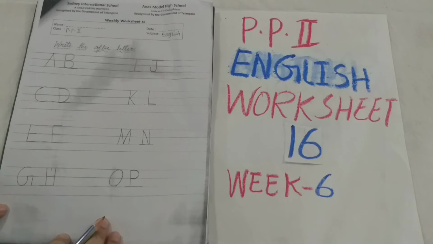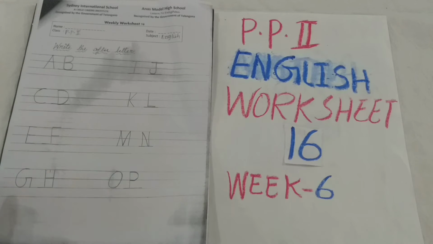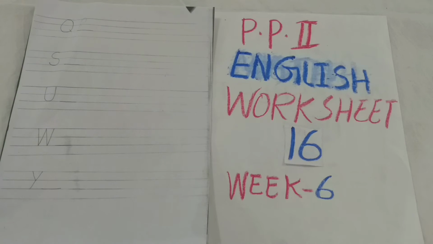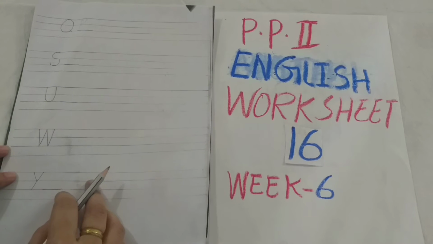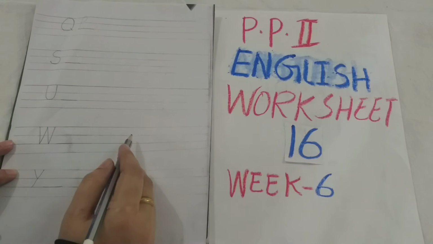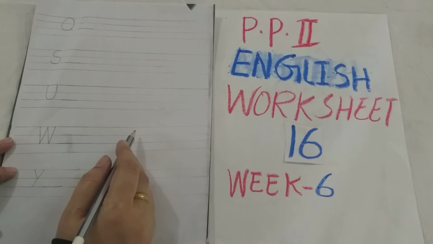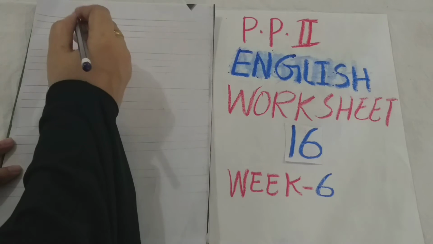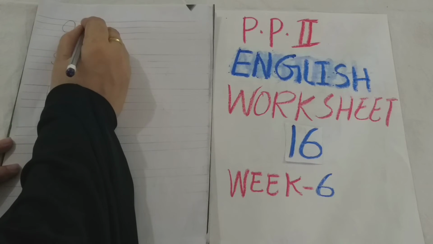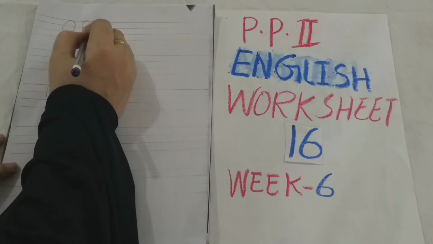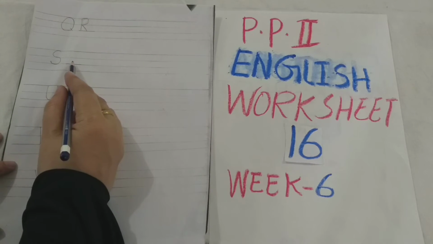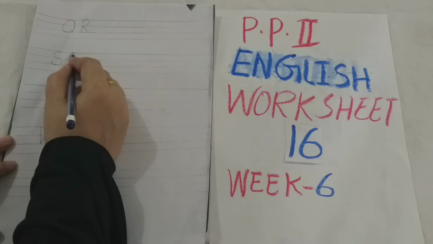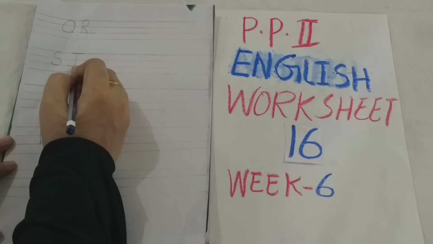Now like this you have to complete your after letters. Turn the page. Now here Q is here. So Q after, capital Q after which letter are you going to write in the dash? R. Capital R. Write in the dash. S after, write it down, T in the dash. Capital T.